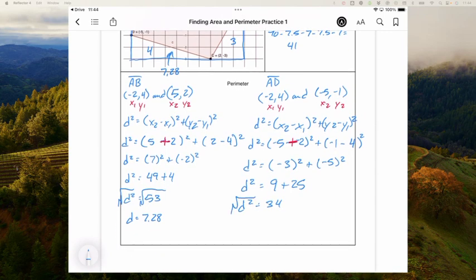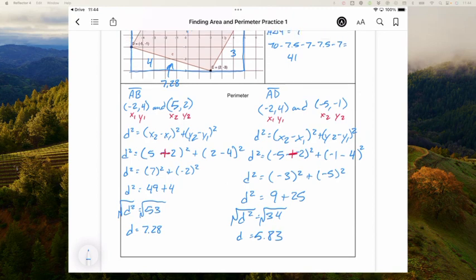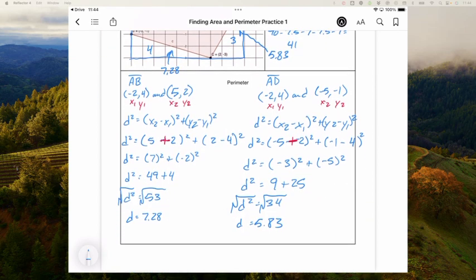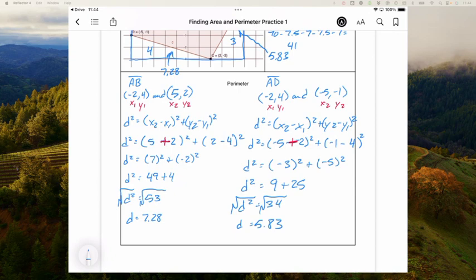Square root both sides. Square root of 34 is 5.83. Okay, so now this side over here, 5.83, and this side over here, 5.83. So to get the perimeter, I need to add